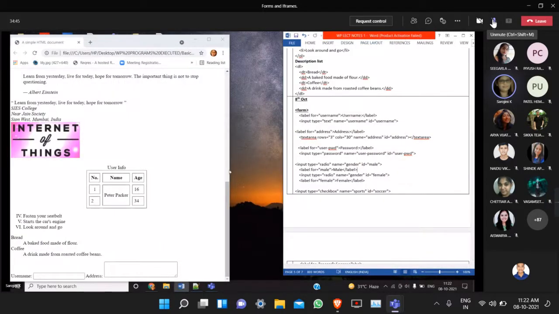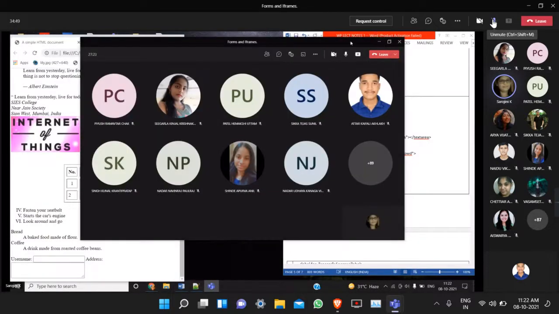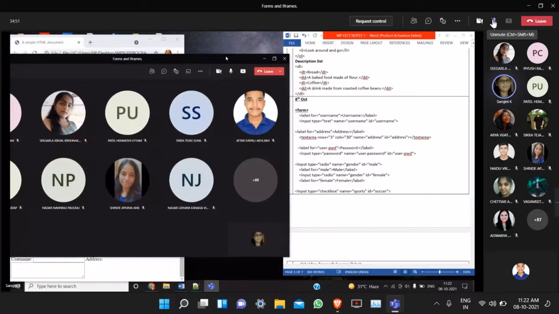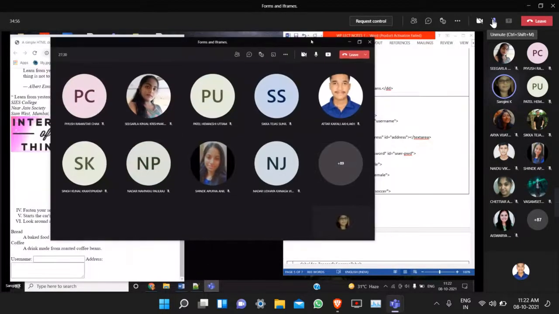Okay. So now what is the use of the ID? Why do we have to use the ID attribute? Any one of you? Apurva, can you answer? Apurva?